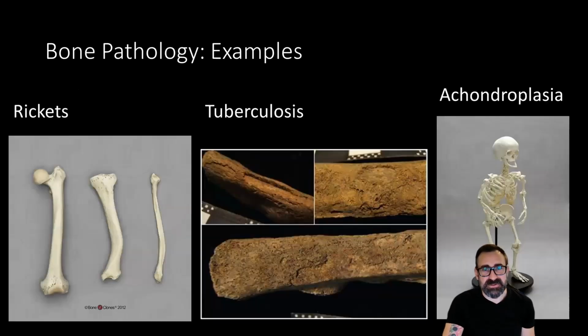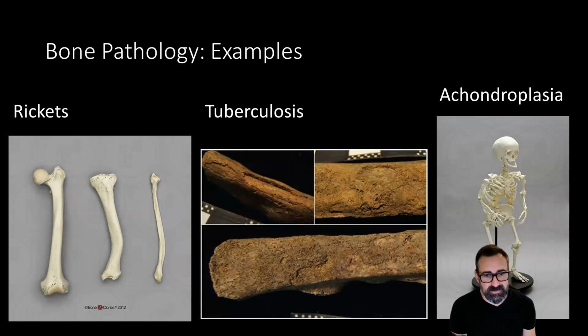Rickets, this is nutrient malnutrition, and it causes bowing of bones. So on the left-hand side, you can see, no, that one's got rickets too. It's curved. So all three of those on the left side are all bent. Those are leg bones. So the one on the left is a femur, and then your shin bone, and then your second lower leg bone.